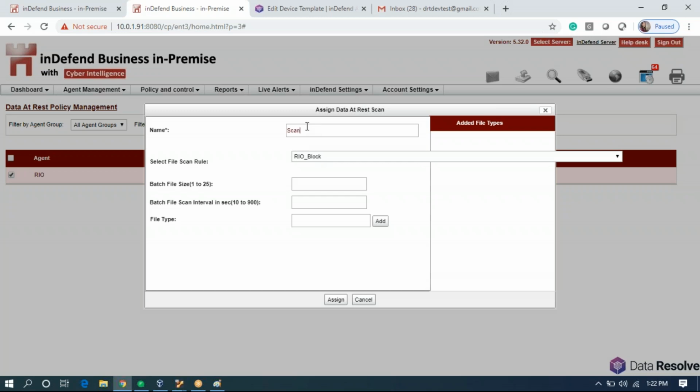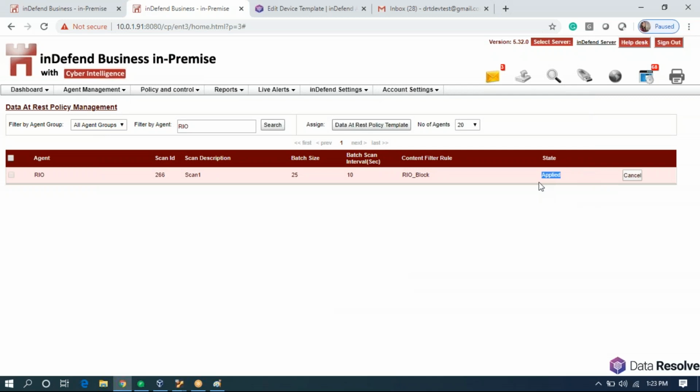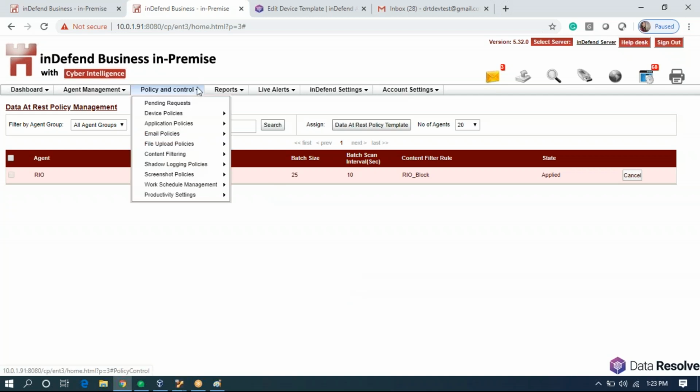I'll name this scan1, batch size 25, maximum I'm going to take, interval I'll take 10, and file type I will only scan for txt file so that it gets completed as soon as possible, and I'll choose doc and docx. Assign. So it has been applied. Once it is completed and successful, the state will change over here and we will be able to download the report. So this will take some time.